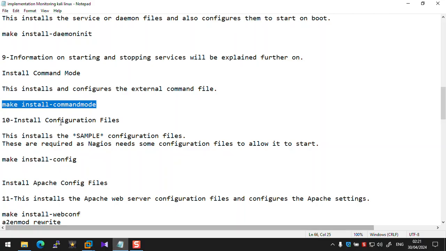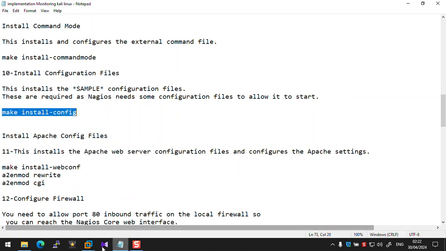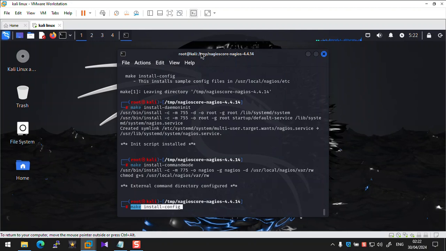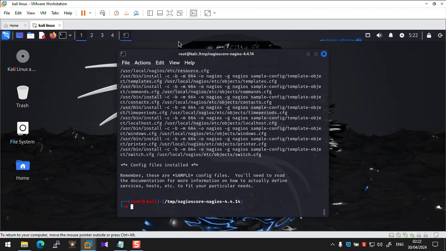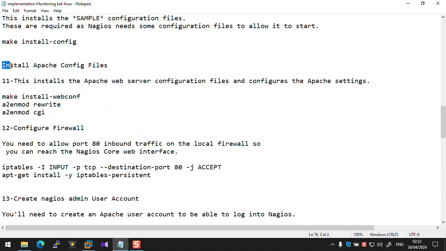And next step, step 10, install configuration files. This installs the sample configuration files. These are required as Nagios needs some configuration files to allow it to start, with the make install-config command. I can use the make install-config command. And next step,